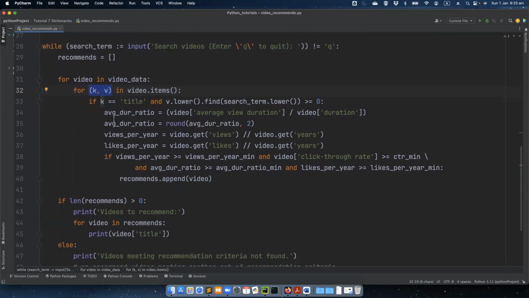Inside the inner for loop, the key title and its corresponding value, v, to the lowercase, are used to decide if the video's title contains a search term. So the search term is also put to the lowercase. And I explained the use of the find function in my video on Python strings. If the